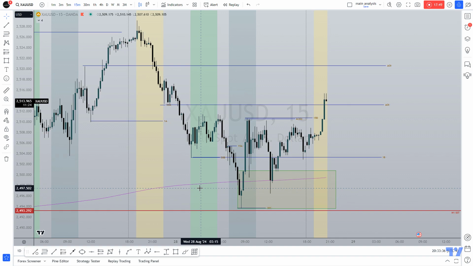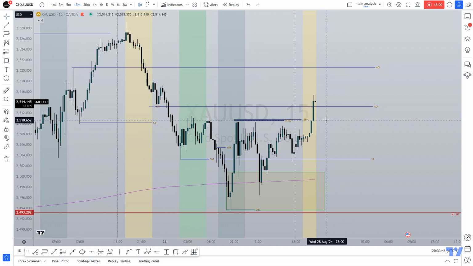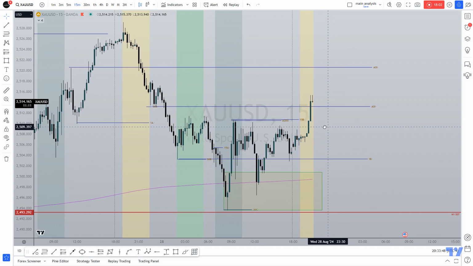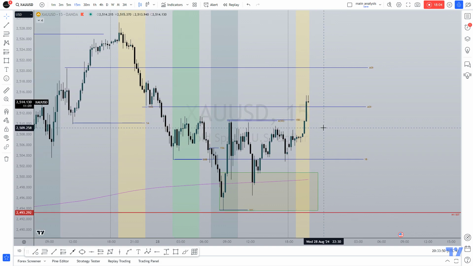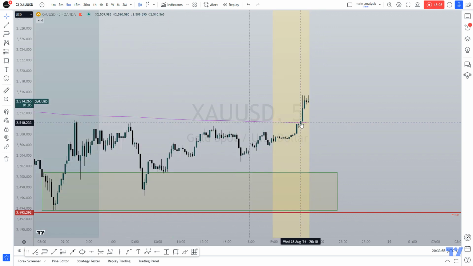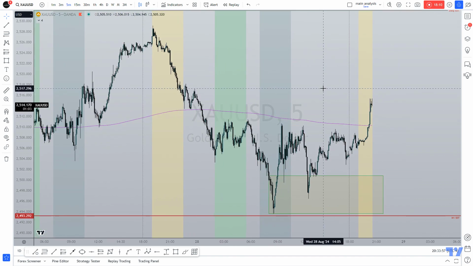It's beautiful. Once you tap into the way price moves from cycle to cycle on each time frame and how they sort of flow into each other, it's a very beautiful thing because all you then need to do is wait for the right move that works for you. It gives you the right risk to reward. And that could mean waiting until London session for that move to take shape. But what I'm looking for is, is there going to be a potential opportunity for me to take advantage of within